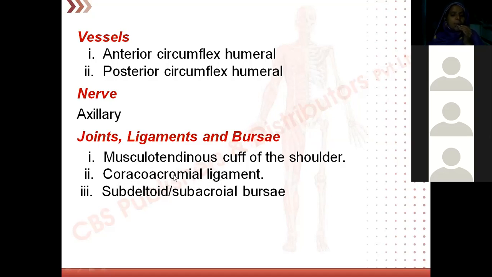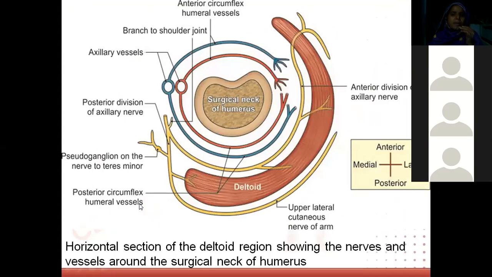It is running between the coracoid process and acromial process. Okay, subdeltoid or subacromial. Here M is missing, beta. Subacromial bursa. Okay, subdeltoid: just below the deltoid muscle, you will have a sac filled with synovial fluid. You call it subdeltoid bursa. Now see here, bursae are nothing but extensions of the synovial membranes which are filled with synovial fluid. Wherever friction is more, in order to give more lubrication, suppose this is deltoid muscle, below deltoid, this white area here, you will find the subdeltoid bursa.